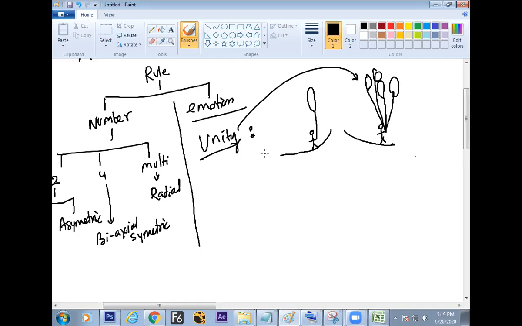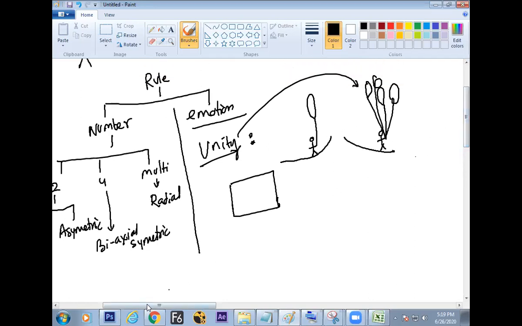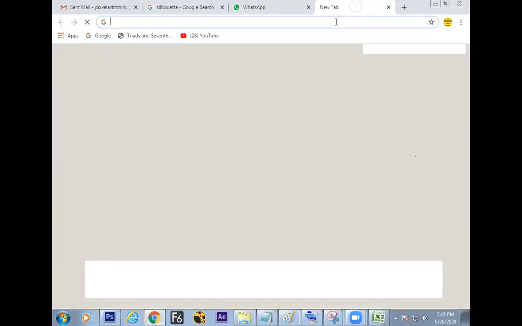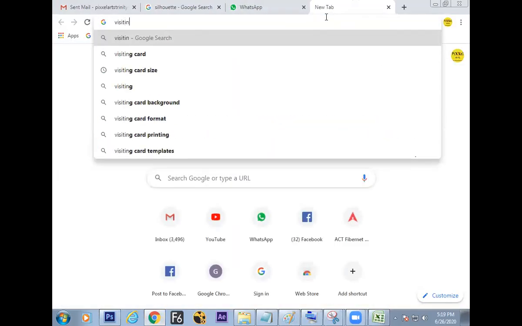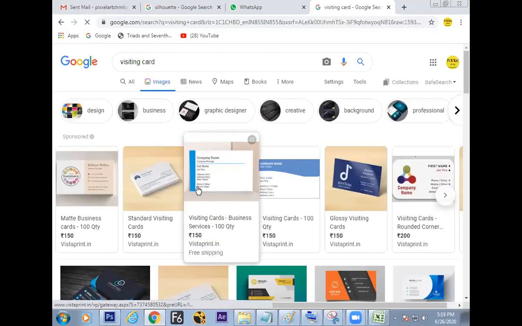So what is the implementation on the designing side? Designers should know how to unite the elements. The designer may use alignment as a unity or color as a unity, but unity should be maintained in one way or the other. So let us see the example on screen: a visiting card. These are things which are not there inside the software. Artists need to think. Sometimes he thinks and does, sometimes he has been trained and he will put in the rules.